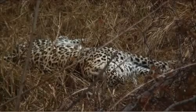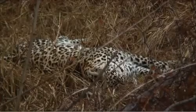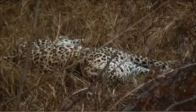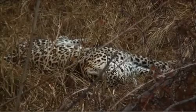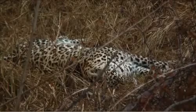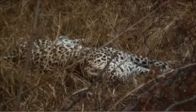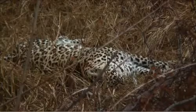This is such a nice way to be able to start a day here in the Sabi Sands with the sort of animal that everyone reveres as obviously the pinnacle animal here in the Sabi Sands, the leopard. Sabi Sands certainly is known to be the place of leopards,